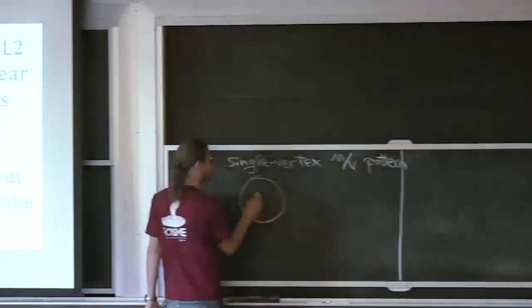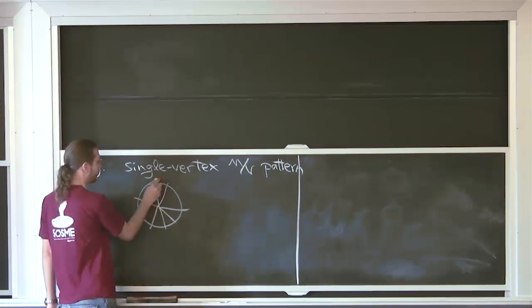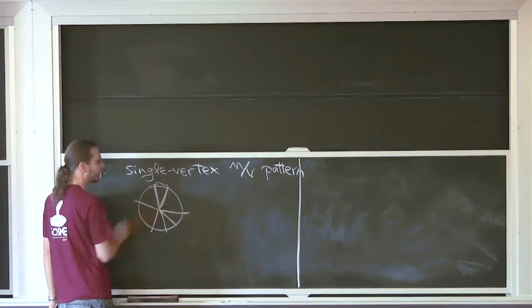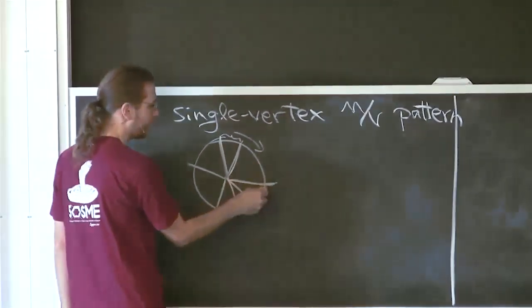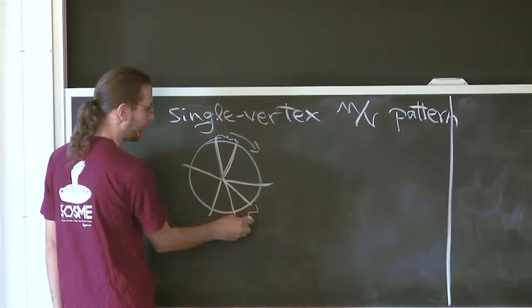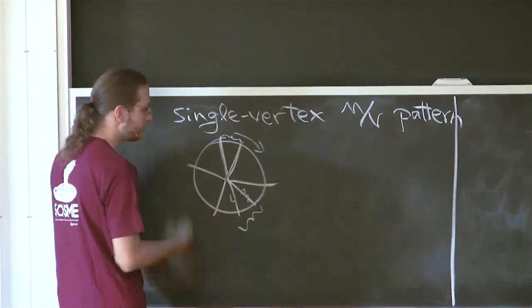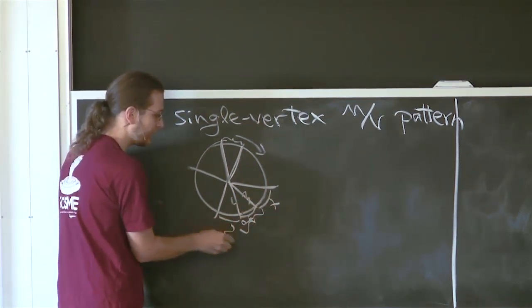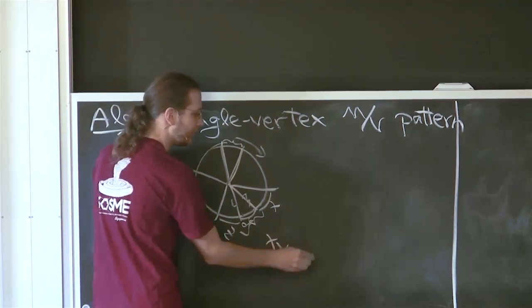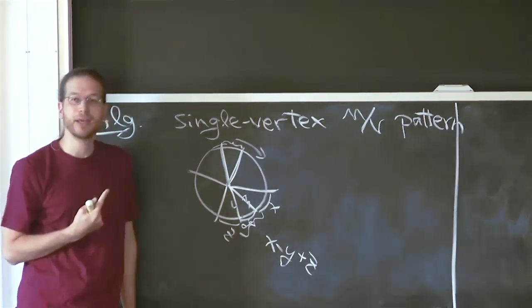Maybe I should draw a little crease pattern just to get the picture. So you start, let's say, at this segment. You see, is this pair crimpable? If not, continue, let's say, clockwise. Keep going. If you ever find a crimpable pair like these two, maybe this is mountain and valley, and this is a locally smallest angle, you do the crimp, meaning you replace this length or this angle x, y, and z with x minus y plus z, just as before, and then you step counterclockwise one step.